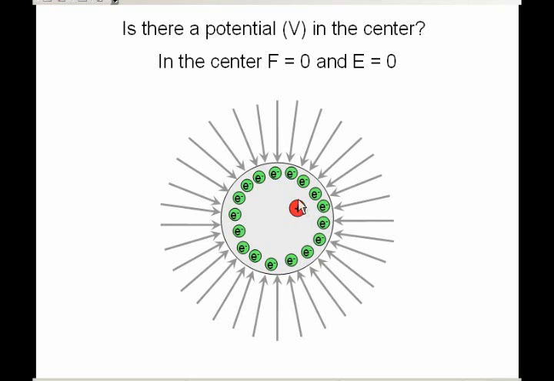The positive test charge has its own field around it, and when we put it inside the sphere, that field is going to interact with the electrons and create some potential energy. As soon as I let go of that charge, it's going to take off to the side. So it has potential energy on the inside, and that means there is a potential there. It's just a matter of putting a charge there. Just like we said on the Earth, if you're holding an object up in the air, it has potential energy. That particular space has potential, and it turns to potential energy as soon as you put an object there. Same as here. We have that point has potential, and as soon as I put a charge there, then I have potential energy. And I know that as soon as I let go of that